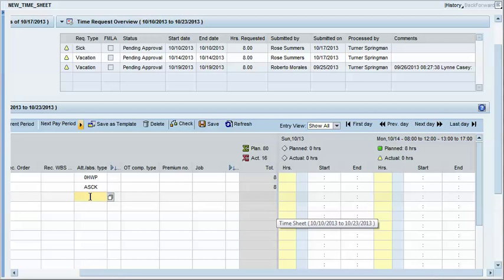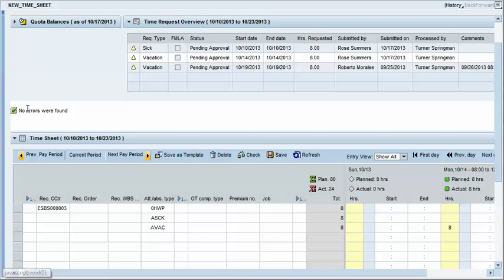So if I come over here to 10/14, I'll see that there's no time entered here. So now I need to come in and enter vacation and put in my 8 hours and hit enter, and I'll check again, and now I won't get that message. I get a message that says no errors were found. When I'm satisfied with the time that I've entered for that pay period, I go on ahead and click the save button,